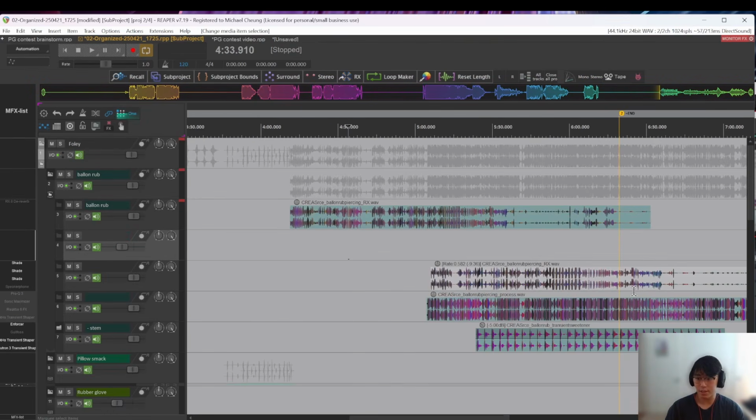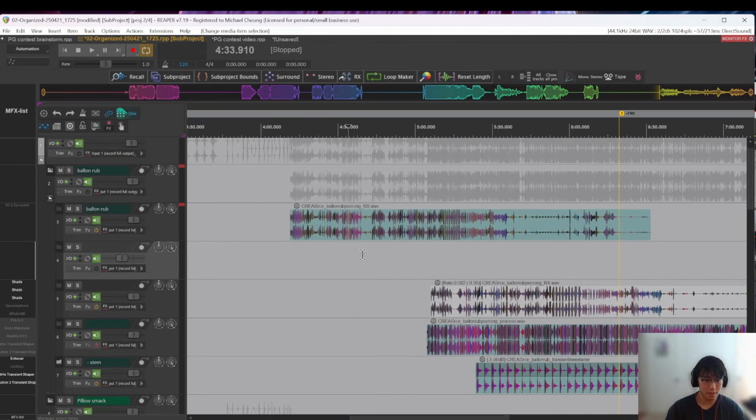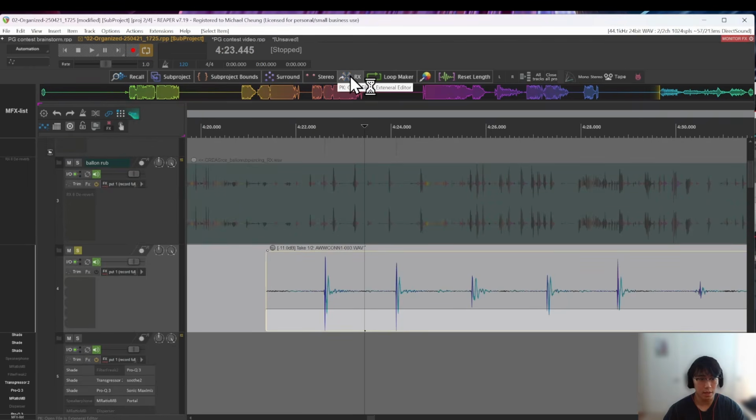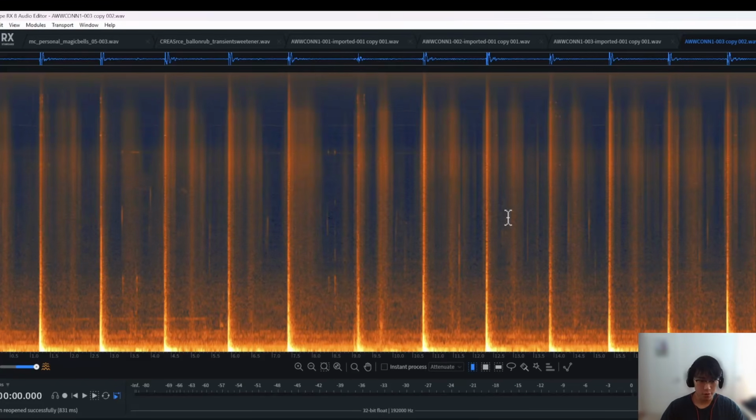And before getting to the stage, I already did one pass of cleaning of the recordings in RX. To briefly demonstrate how I did that, you can open an external editor. I just have it on the menu bar. It's the same thing. You open it like this, and basically all of the yellow fuzzy stuff is kind of